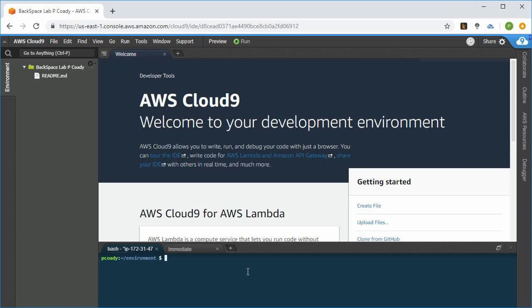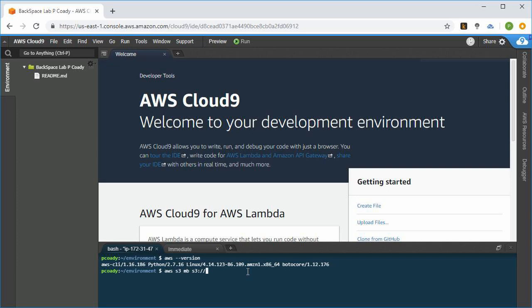Now, the first thing that we need to do is to check whether the AWS command line interface tools are installed. So we do aws --version. And there we can see we've got the latest version of our CLI in there. So what I'll do now is I'm going to issue a command that is going to create a bucket on our AWS account. So the command there is aws for the CLI command, s3 for the S3 service, mb is the command to make a bucket. And then we do